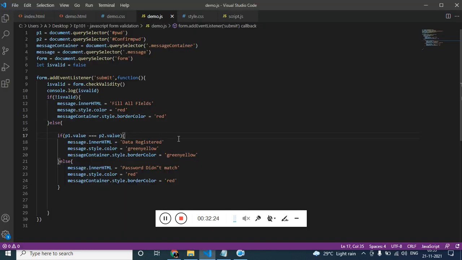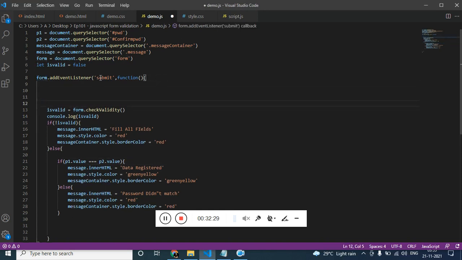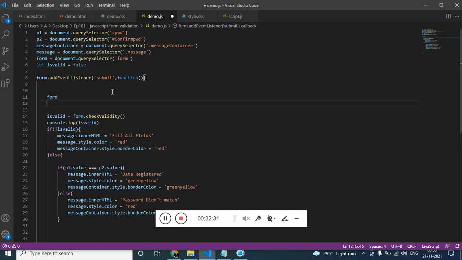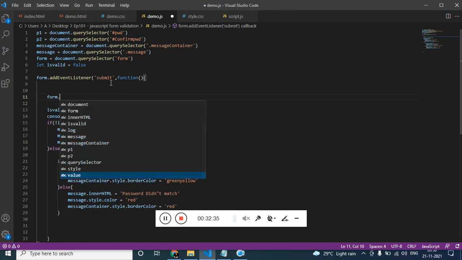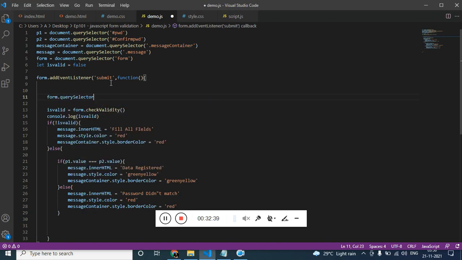So for that, on form submit, I want to get all the input fields which have the attribute required. So for that, use the form querySelectorAll, and the attribute is required, and all input fields with attribute required.